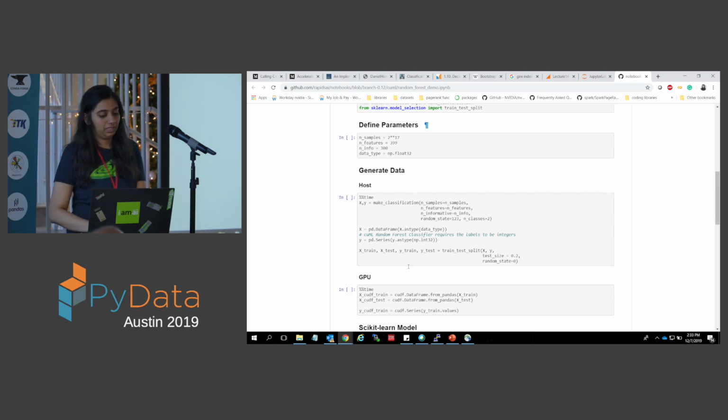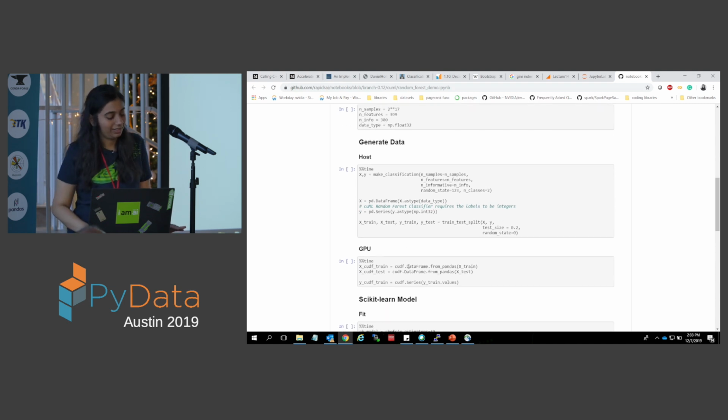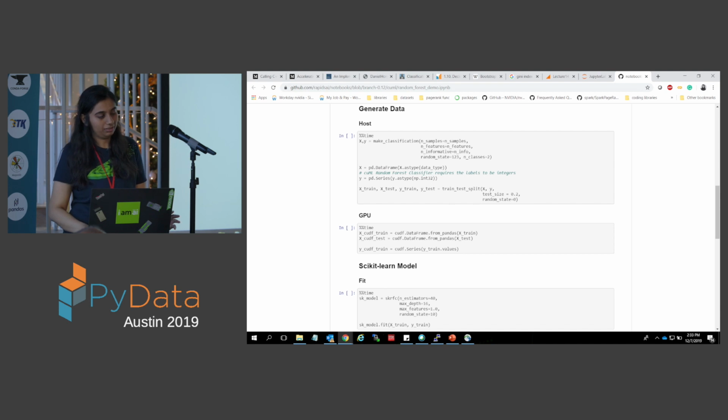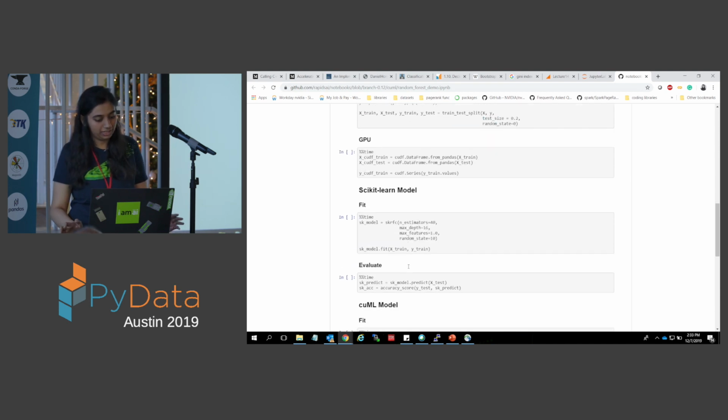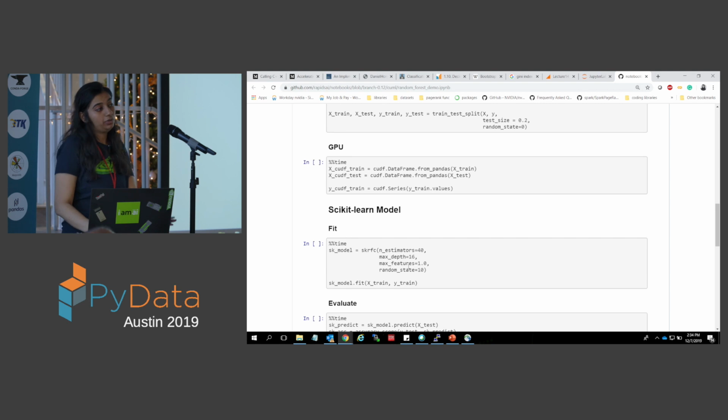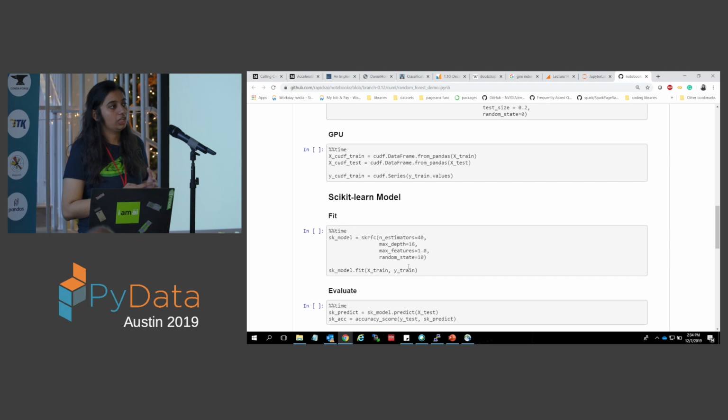We're loading here data of size 2 raised to 17. This is just based on random forest, using random data. So you just use scikit-learn's function make_classification to create the data set. And right now we're going to pass it through a random forest classification model, and I'm also going to show you pickling. You train it on the host, and when you have the time, you should really try the notebook, because when we ran it, scikit-learn takes